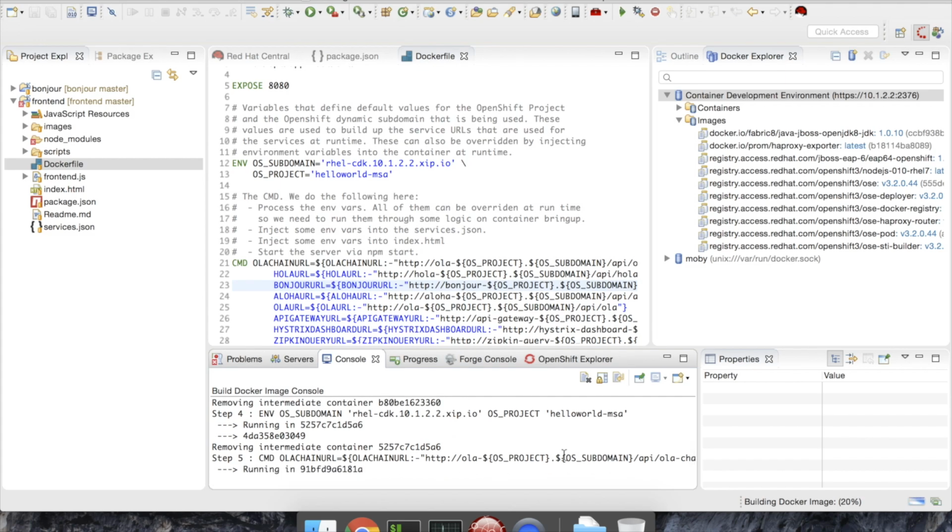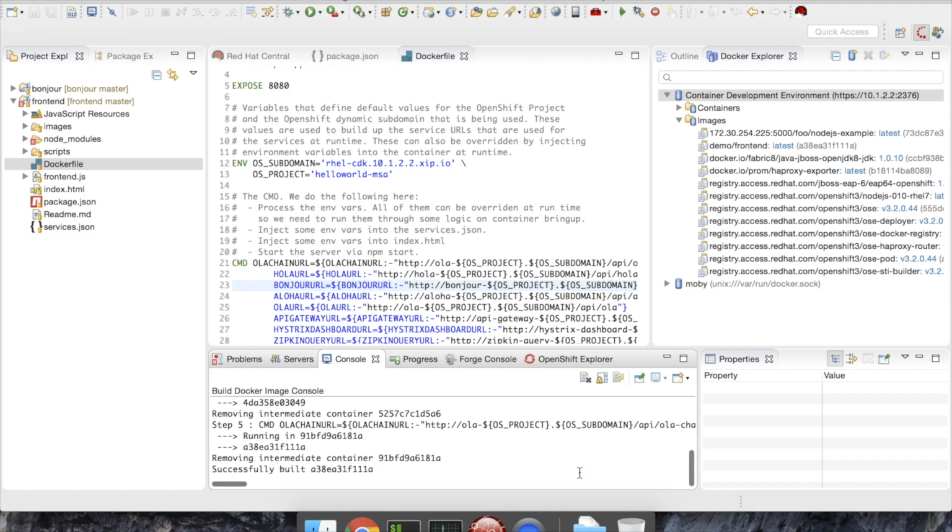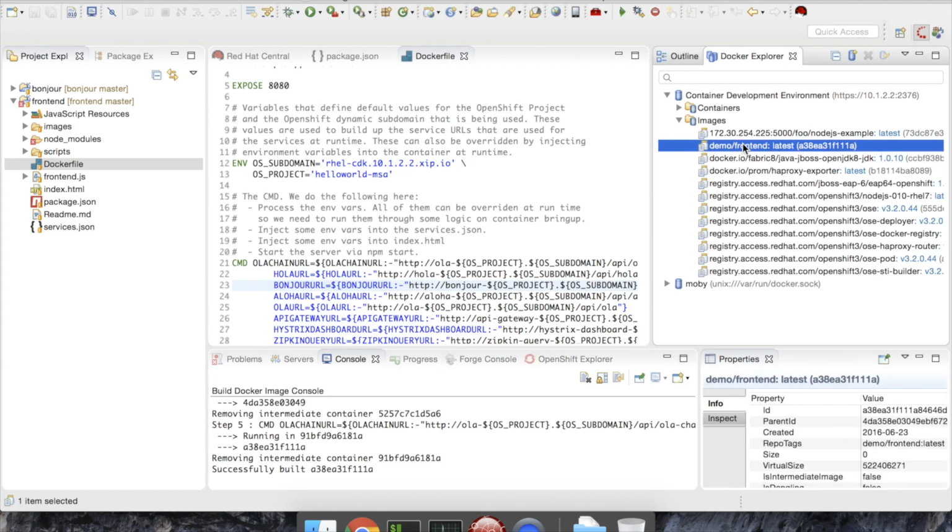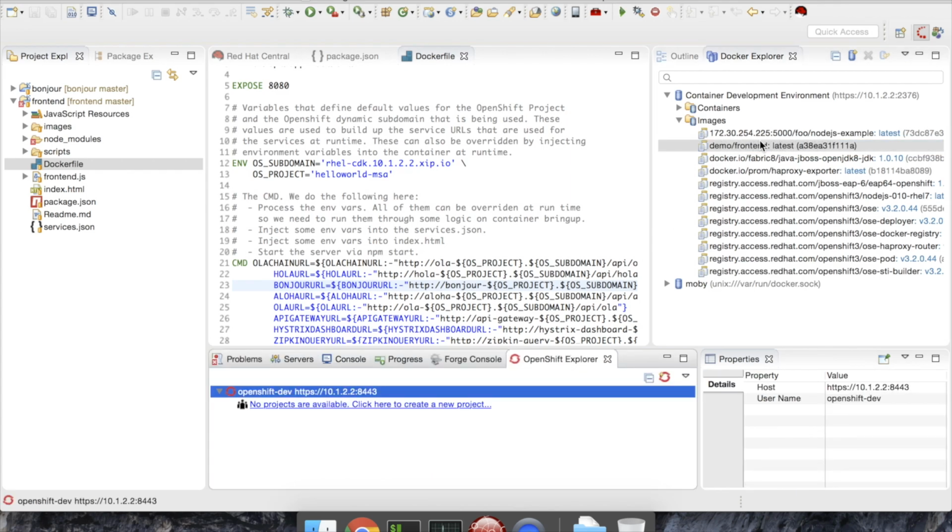The CDK connection is currently labeled Container Development Environment, and we'll be able to see the new image in about now. So here you can see the demo frontend Docker image. Now we're going to right-click on it,